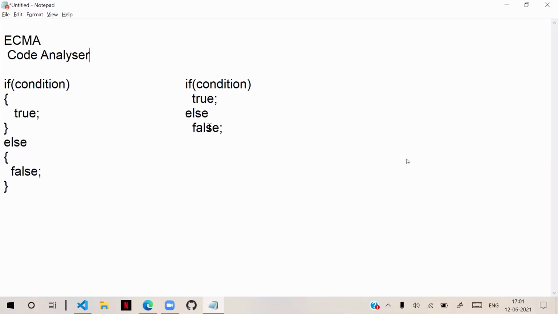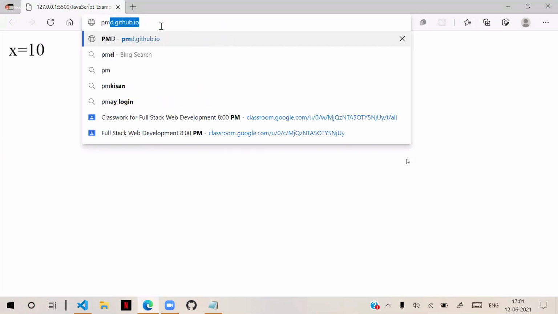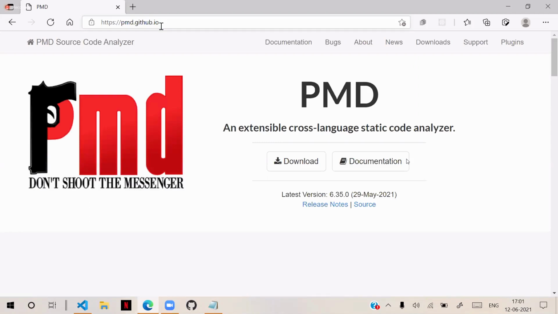For example, so many code analyzers are there, like PMD, like Sonar, ESLint. So these are all code analyzers actually. Suppose I am showing you PMD. Yeah, this is PMD. It is a code analyzer. And open this PMD documentation.